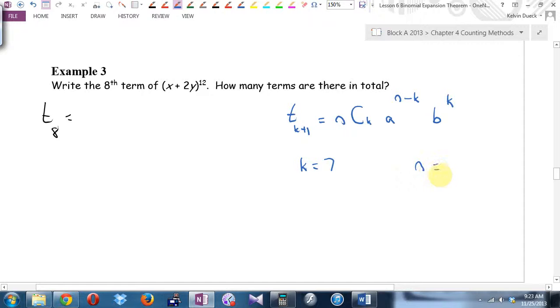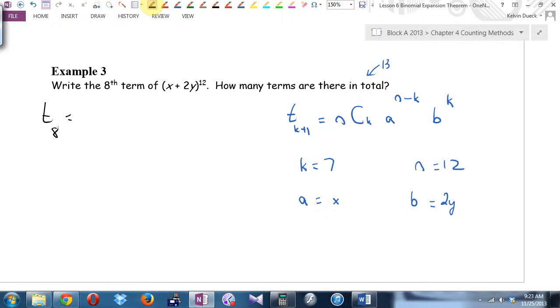What's n? What's a? What's b? By the way, the second part of this question said, how many terms are there in total? 13, right? An exponent of 12 means you'd have 13 terms because you start counting at 0. All right. Let's carefully